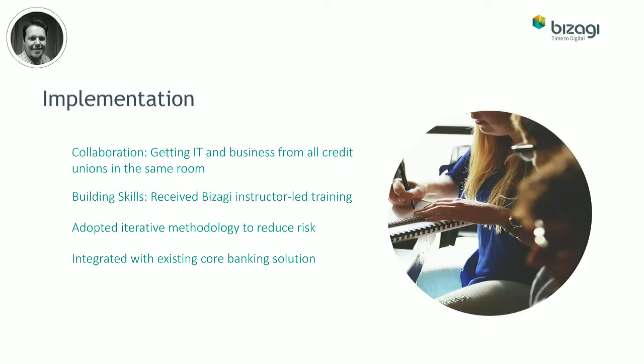So, on to implementation. The first stage of our process was to actually get a group of people co-located. Now that can be done remotely or physically, and we had a blend of both. But for us, that co-location was our business analysts, the people that understand processes, IT staff, yes, acknowledging you still need to have IT, especially if you're dealing with integration, but most importantly also the inclusion of credit risk professionals and business staff into a single team.